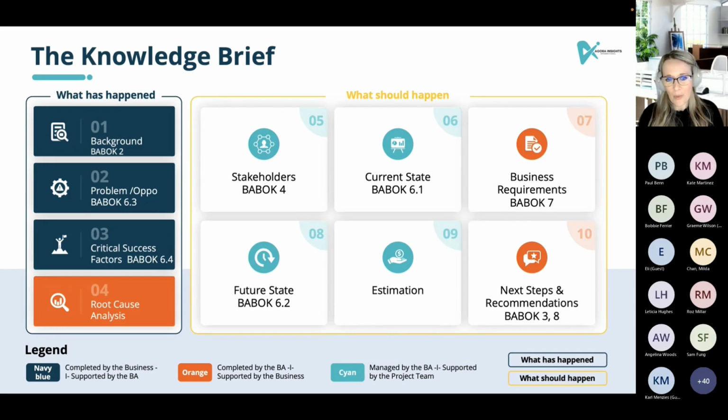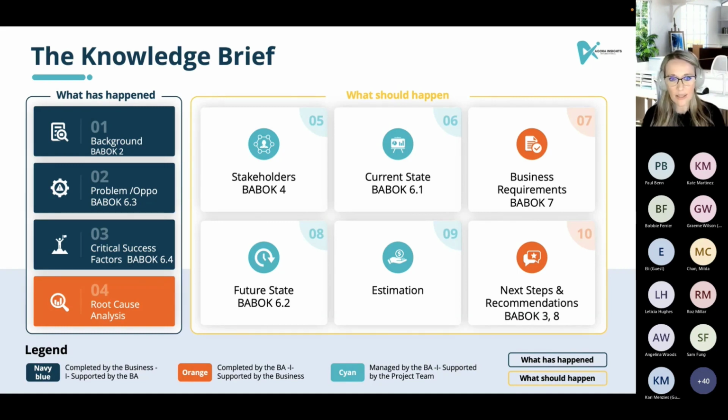So we'll start off with the background statement. And as I mentioned, I actually got challenged by a really good BA, Stefan: are we writing a background statement that is like a project statement? And the answer is no. What we try to do with our background statement is to create context.